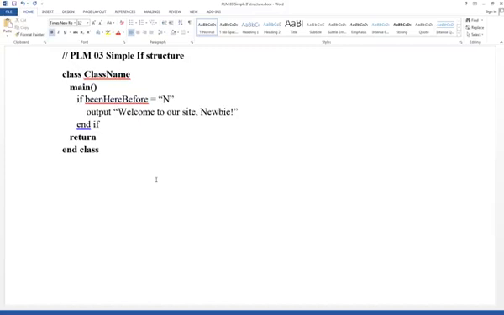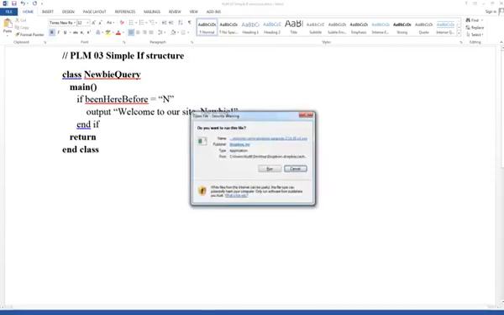Okay, let's give our class a name. We'll call this newbie query. So, are you a newbie? And then basically I'm kind of building the program backwards just to show you how it fits in with the logic, okay? So to get the been here before variable, we want to